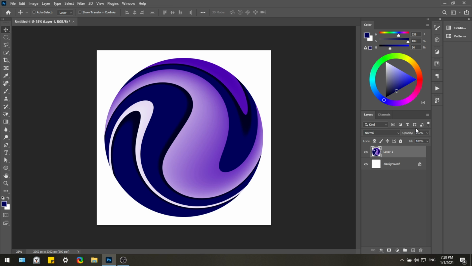And finally, let's add a new adjustment layer and choose Levels. Let's pick Increase Contrast 2. And let's drag the gray slider a little bit to the left, like this. Then let's close this window